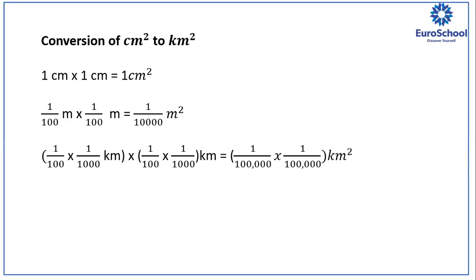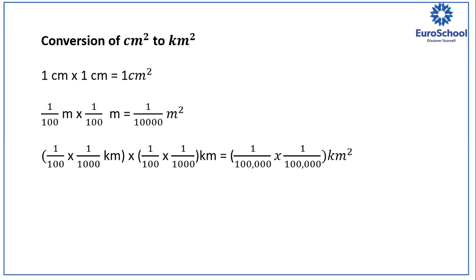Now, in case of area, it's centimeter square. So we'll divide it 2 times, right? So 1 upon 100 into 1 upon 100. We'll multiply 2 times, right? Understood? 1 centimeter is 1 upon 100 meters. And again 1 centimeter is equal to 1 upon 100 meters. Now, when you do multiplication, 1 into 1 gives you 1. 100 into 100 gives you 10,000 meter square, right?